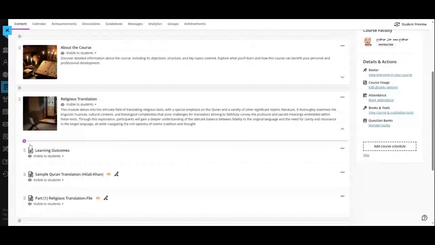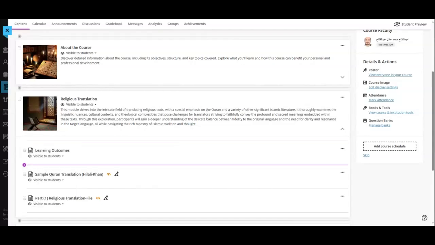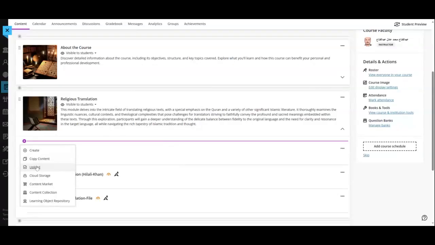Okay, so this is for copy content. Upload, when you want to upload something directly from your computer or from a drive or from the content area. Okay, you can upload whatever from. This is the upload icon, to upload something from your cloud storage, either OneDrive